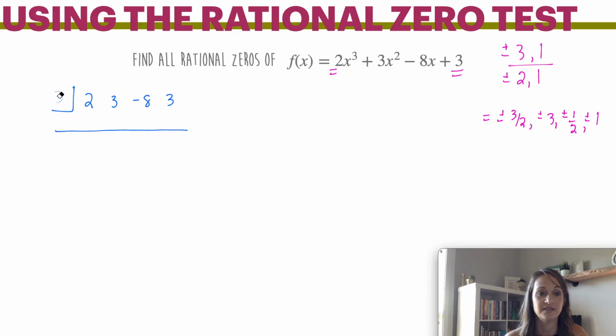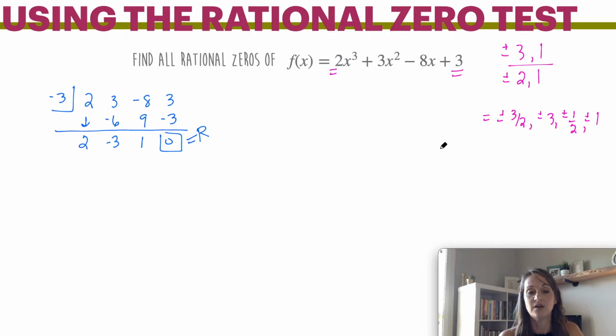That was not going to give us 0. All right, so 3 didn't work. We could go ahead and try negative 3. So first thing is bring down 2. Negative 3 times 2 is a negative 6. Add to get negative 3. That gives me a positive 9, which gives me 1. Negative 3 times 1 is negative 3. Oh, it worked. So we now know, since our remainder is 0, we know that negative 3 is one of